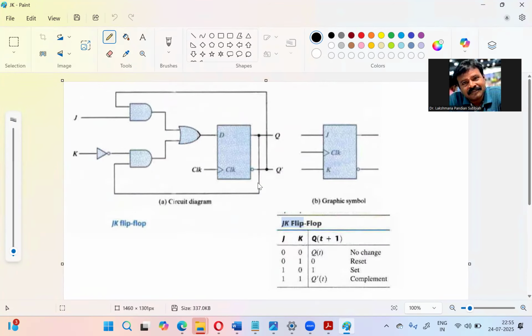Right. Then another flip-flop called the JK flip-flop. This is a flip-flop. The previous one is a latch. Now this one is a flip-flop using the T latch. So here, what we are doing now, then